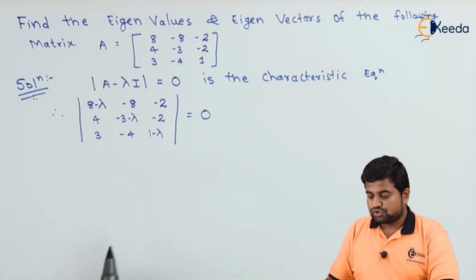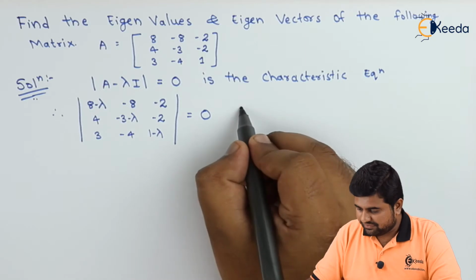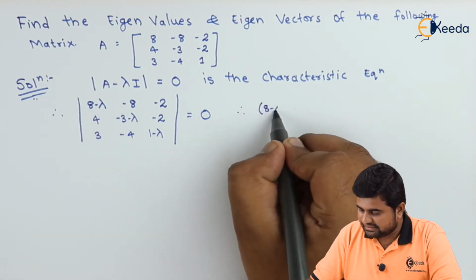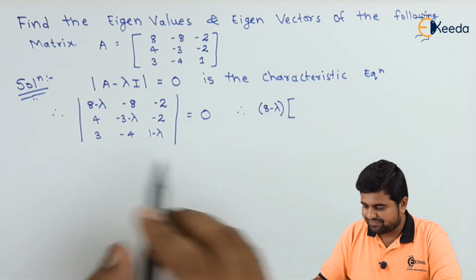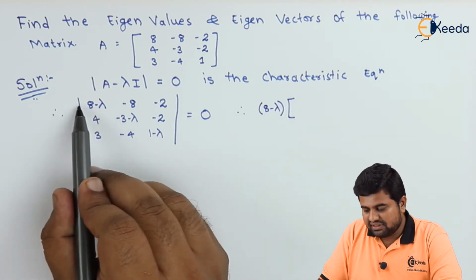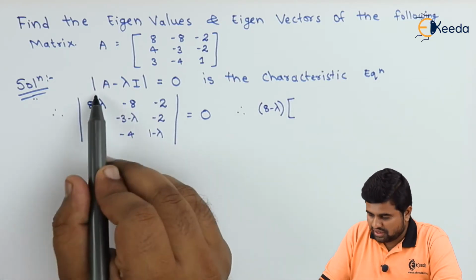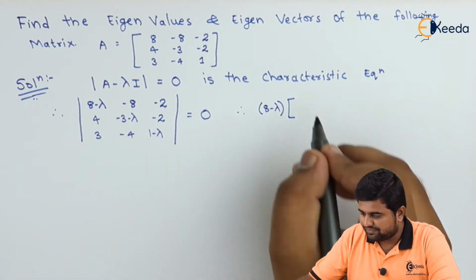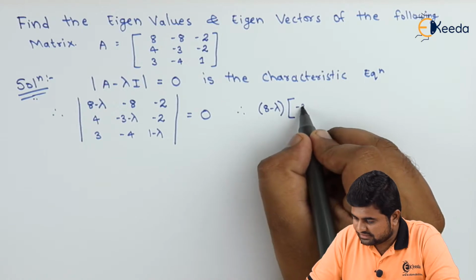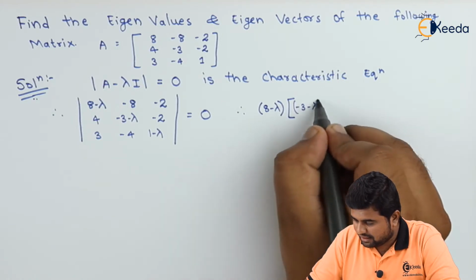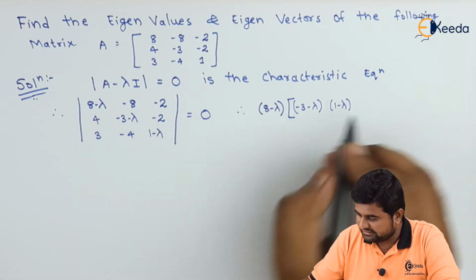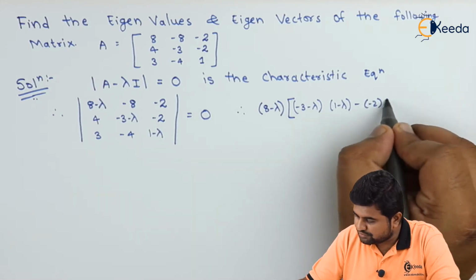Now to solve this determinant, we can take the first element, which is 8 minus lambda, into, we leave this row and this column and this particular part we have in our hand. So minus 3 minus lambda into 1 minus lambda minus 2 minus 4